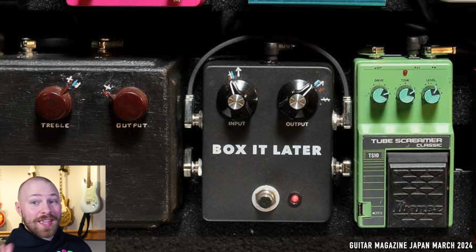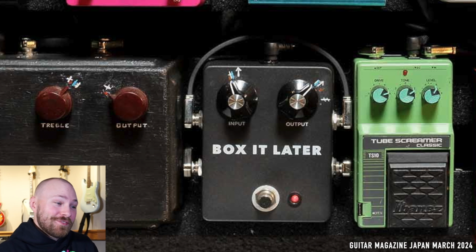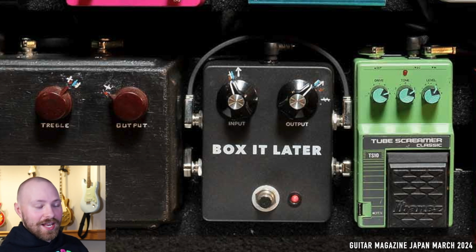So who knows, maybe a year from now, next summer perhaps, 2025, I'll be making a video that Josh Scott and John Mayer are releasing the Box Later pedal, and it's essentially John's first signature pedal. I think that would be really wild. Do I think it's going to happen? No. I just don't think it's something they're going to actually mass produce, but you never know. If John Mayer fans pester Josh Scott enough, maybe he'll make it,